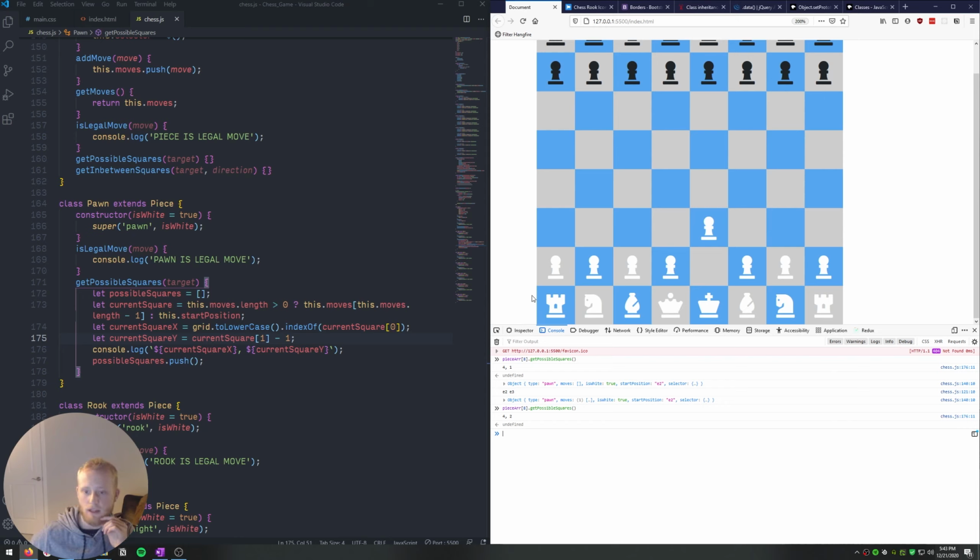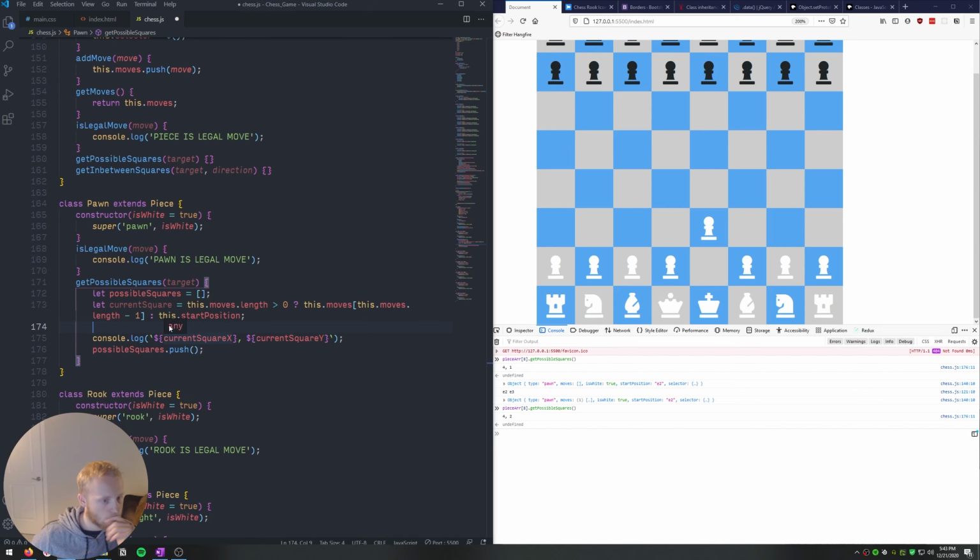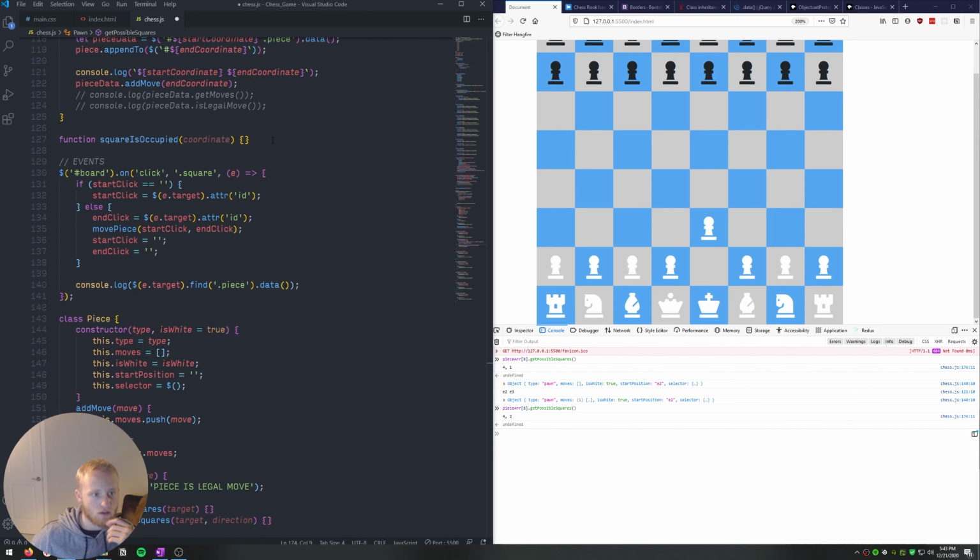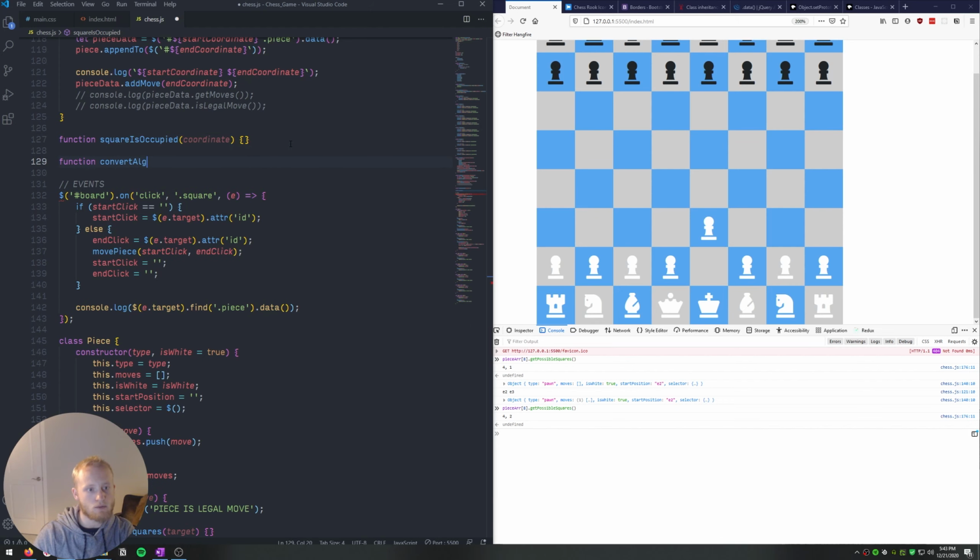So starting at 0, if this square right here, I'm really trying to convert... All I'm doing here is converting the algebraic notation of the square into actual physical coordinates, where 0, 0 is the bottom left and 0, 7 is the bottom right. Or sorry, it would be 7, 0 is the bottom right. So let's actually have a function to do just this. I'm going to say that the name of this function is function convertAlgebraicToCoordinate. It's going to take in the algebraic and return